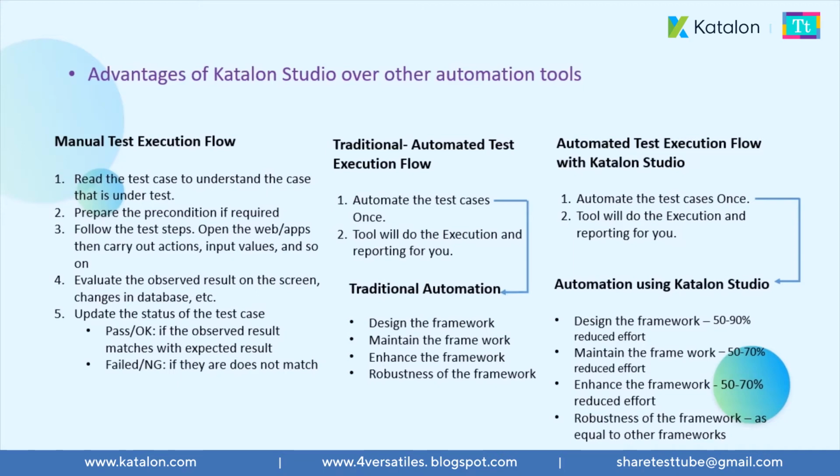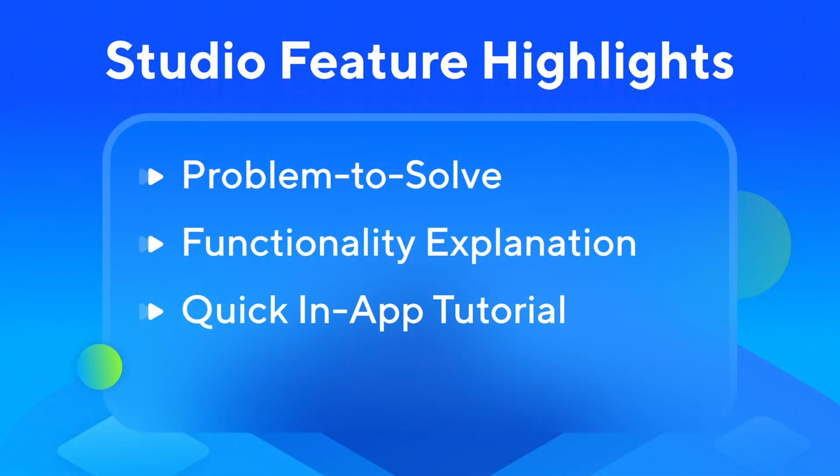In the execution flow, the steps involved in both traditional automation and Katalon automation are the same: you automate the test case and then repetitively use the test case for each release. It's the same purpose, but the main differentiation lies under the hood in how you are automating the test cases. That is going to be the key differentiating factor between traditional automation and automation using Katalon Studio. So now let's try to understand. In traditional automation, your automation involves these tasks, and these are the same tasks that are involved in Katalon Studio also, but there is an advantage in Katalon Studio.